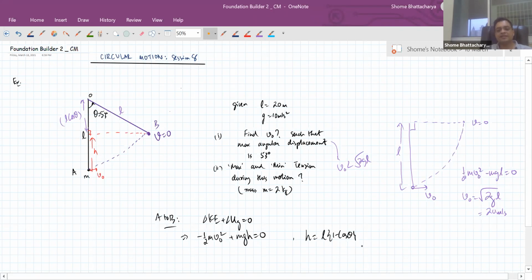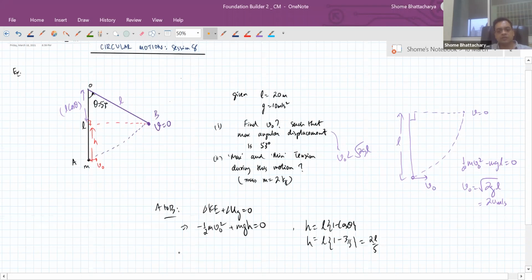So this will become a very standard calculation as we work out more and more problems related to this. So cos 53, as you know, is 3 by 5. So this is 2L by 5. H is equal to 2L by 5. So now solving this, we'll get V naught as root 2 GH, which we'll substitute as